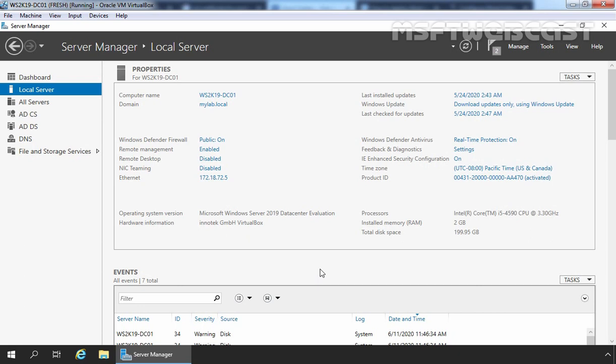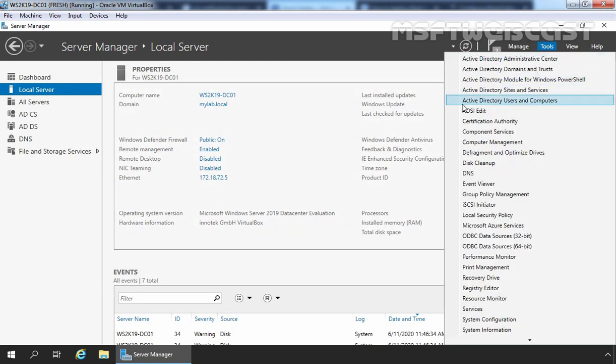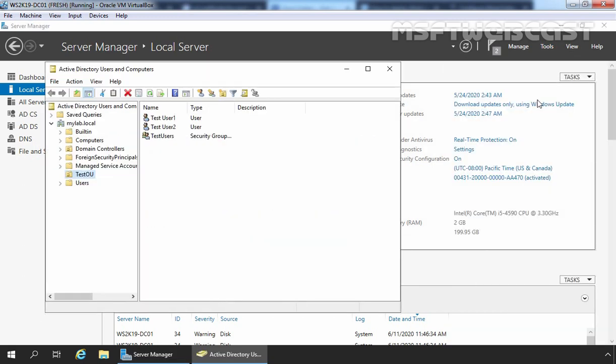First, let me show you the users and group which I created earlier. In the Server Manager console, I'm going to click on Tools and select Active Directory Users and Computers. I have created one OU with the name TestOU. Under this OU, we have two users named TestUser1 and TestUser2. Both users are members of the security group named TestUsers.